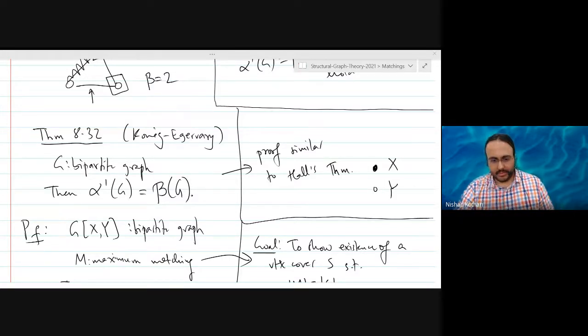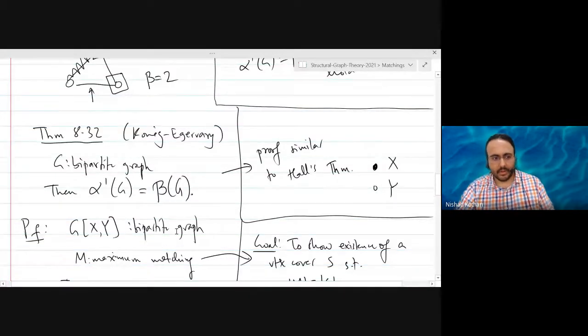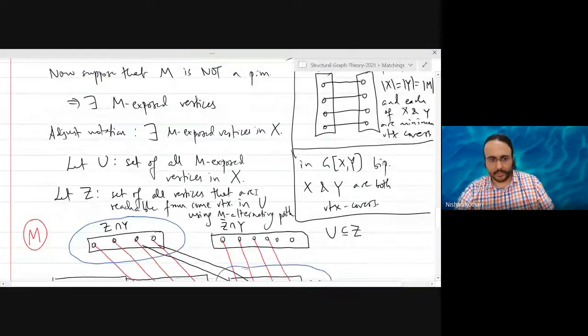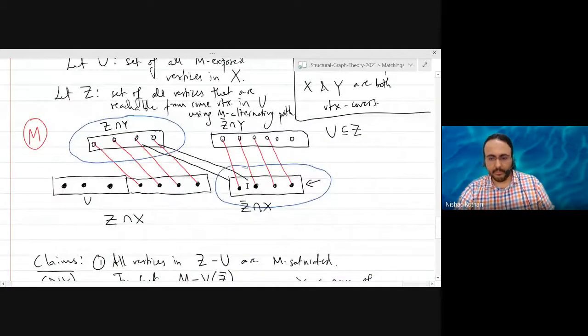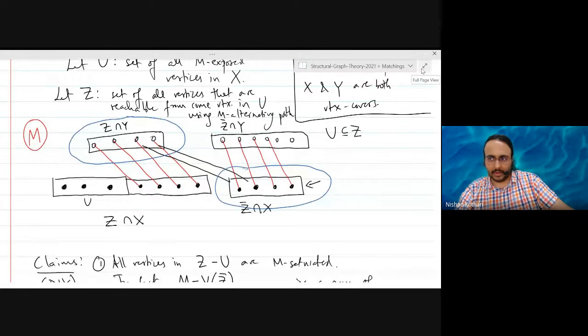Okay, good. All right. So good morning, everyone. We proved the Koenig-Agarwal theorem yesterday, right? Which says that the size of a maximum matching is the same as the size of a minimum vertex cover in bipartite graphs, right? And that settles the decision problem. If you want to decide whether a given matching is maximum, that's both in NP and co-NP for bipartite graphs. In fact, it's polynomial time solvable using the algorithm idea of M alternating trees. You can construct an algorithm.